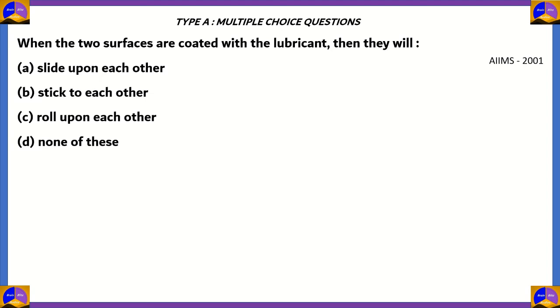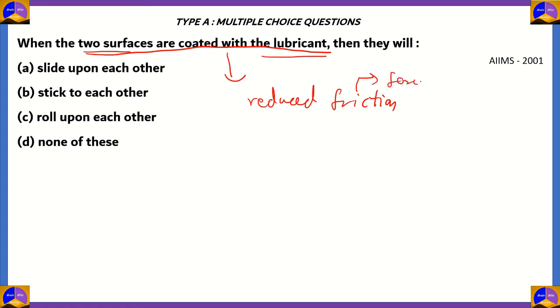Let's look at this question. When two surfaces are coated with lubricant, then they will A, slide upon each other, B, stick upon each other, C, roll upon each other, D, none of these. So when two surfaces are coated with the lubricant, what happens is that they have reduced friction. So friction is the force that opposes